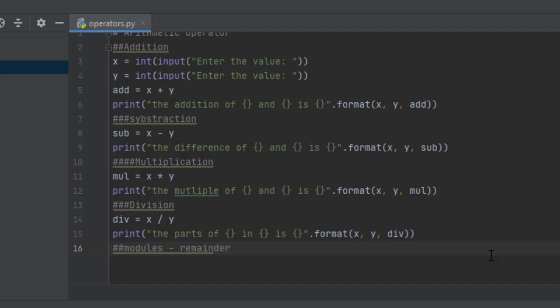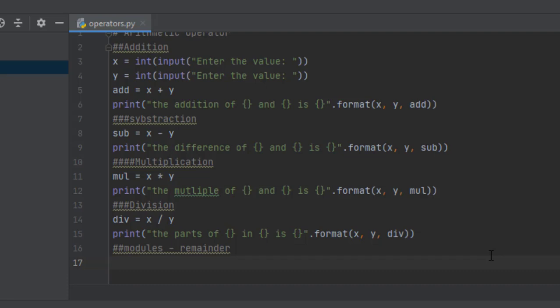What does it remind? It reminds how much is left out. Suppose you're dividing 3 by 2, then one part is left out. Of the 3 parts, 2 parts got divided and one part is left out, and it is returning that one part as the value.